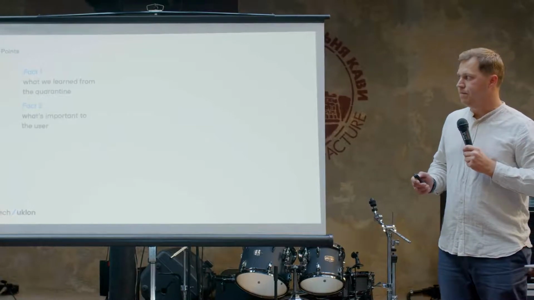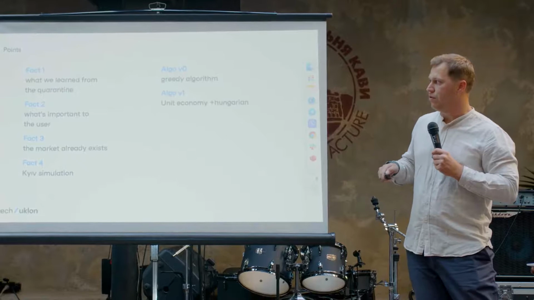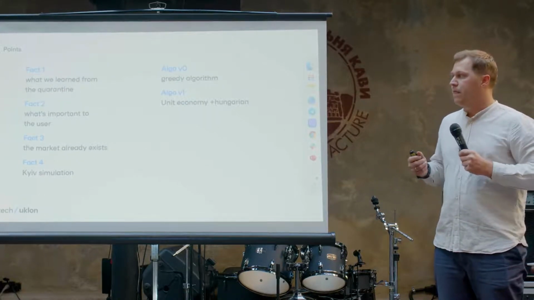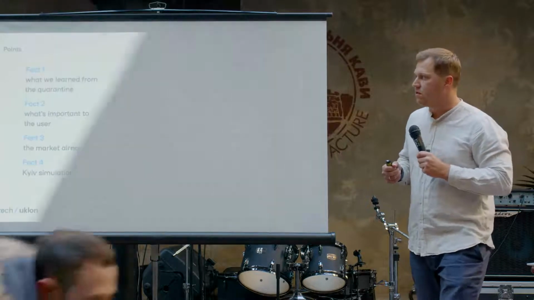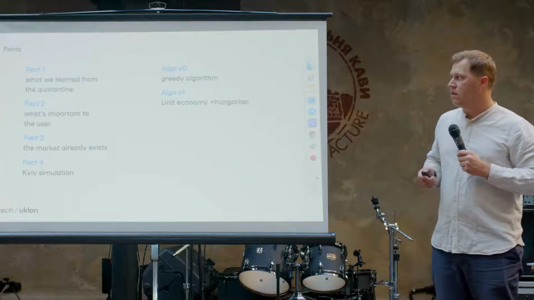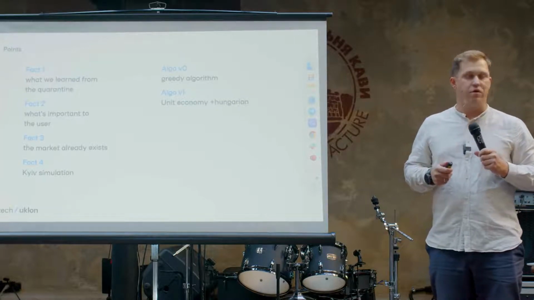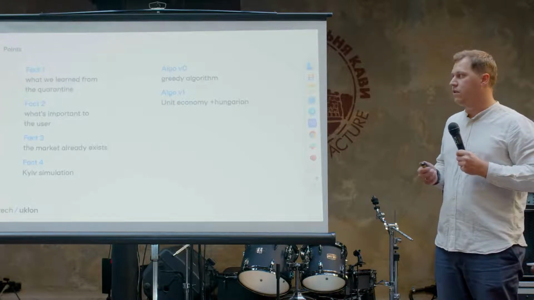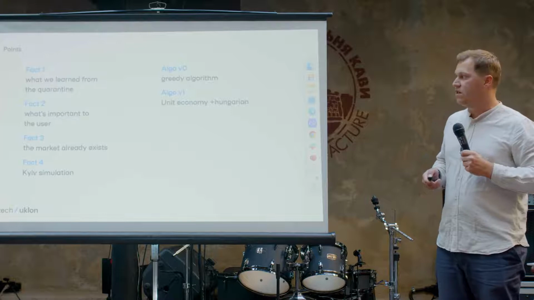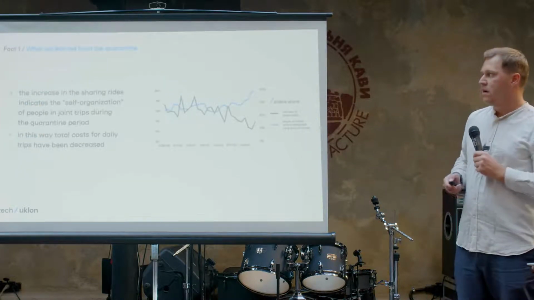So I want to divide my report into 3 main areas. Firstly, we will discuss what the facts are and how we decided to do this product. Then we will go through the chain of our algorithm hypotheses, and finally we will see what we gained and what the next steps are. So let's see the facts.